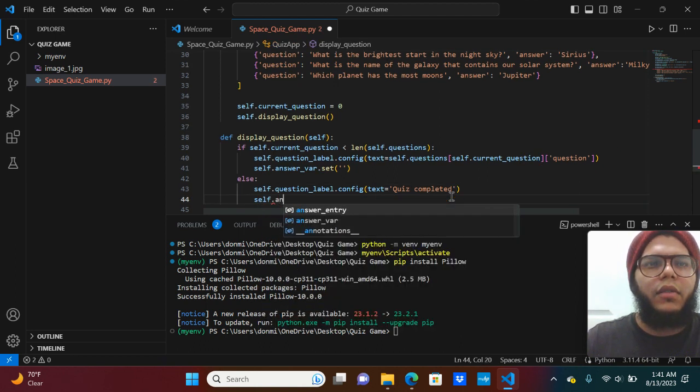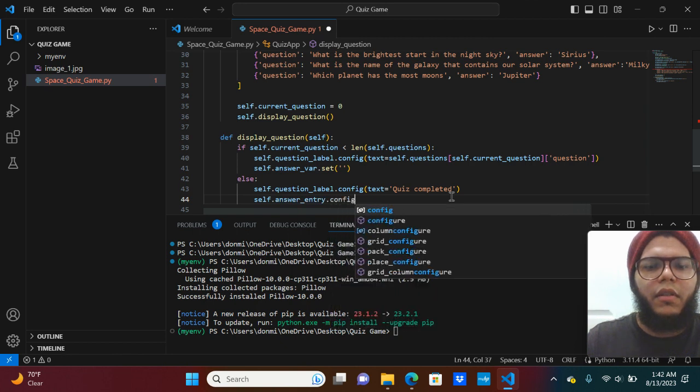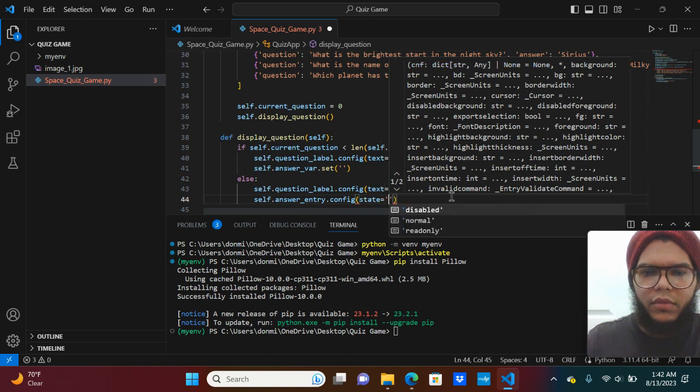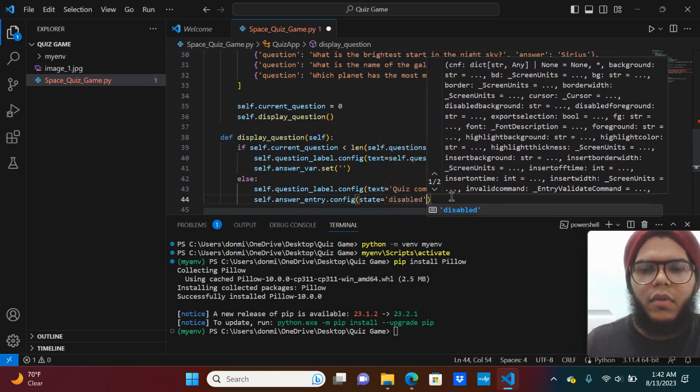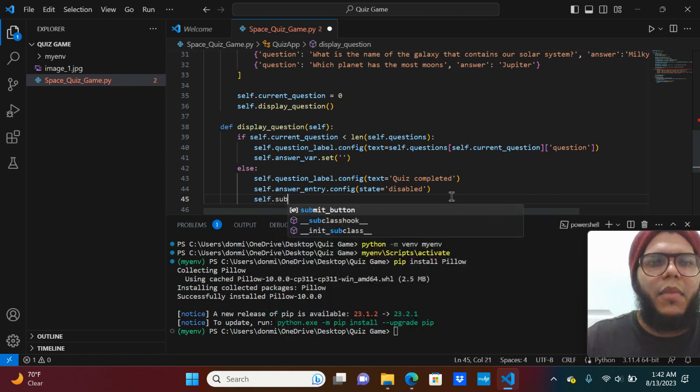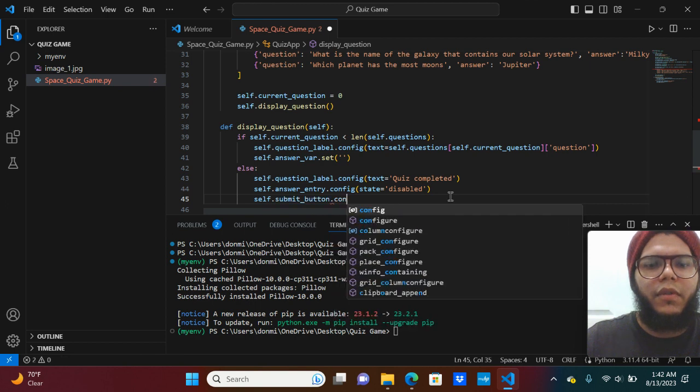Self dot answer entry config state equals disabled. I'm going to say self dot submit button config